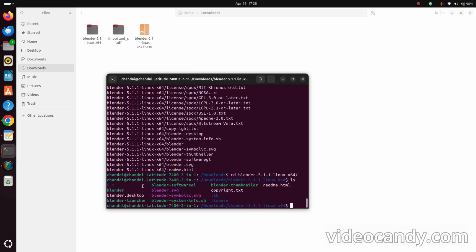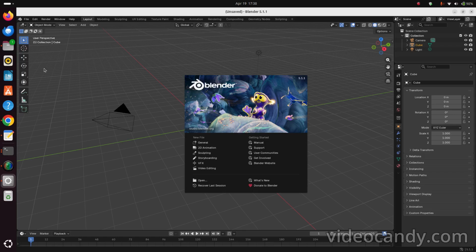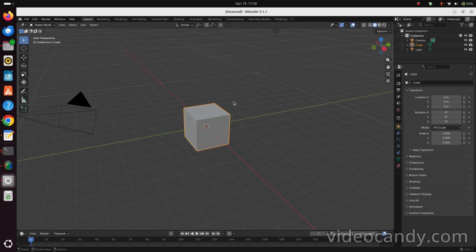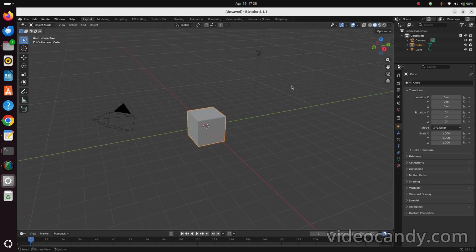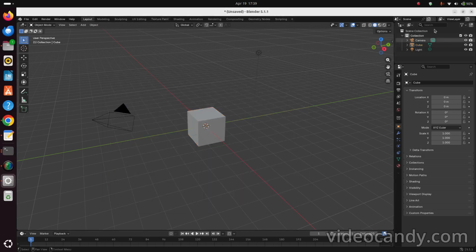We can simply execute the Blender file using the command ./blender. It will start the Blender software directly. You can run this, execute this file always to start Blender, but to create a shortcut